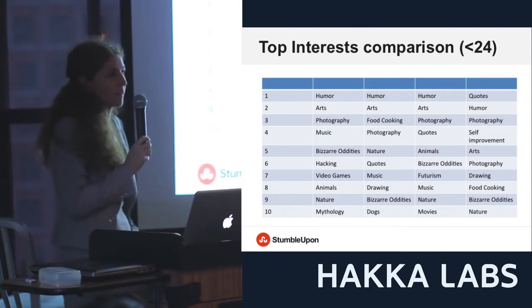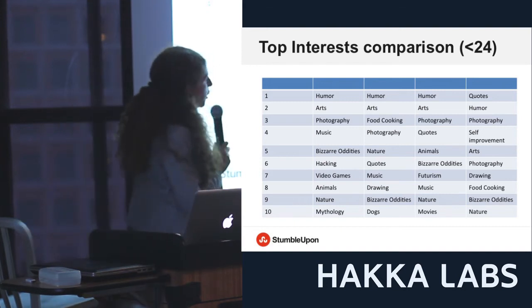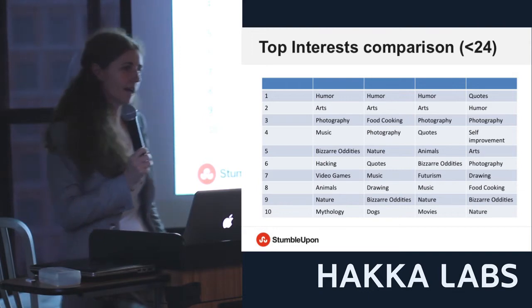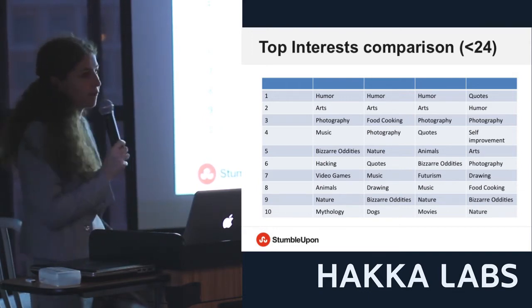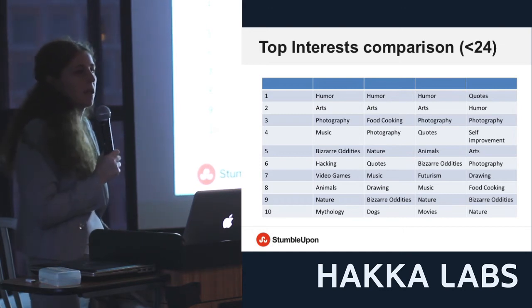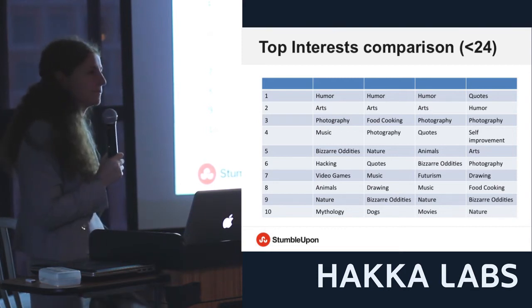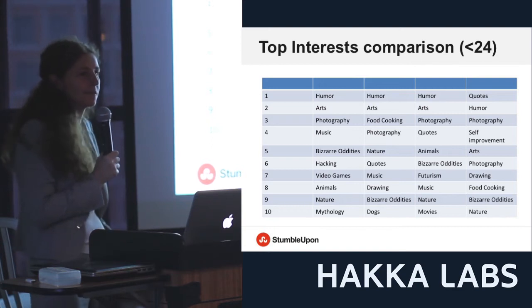So this is a comparison of segments on two different devices. One is Android tablet, the other is iPad, for men and women under 24 years old. Can you tell which column is a man on Android? I could, without knowing.